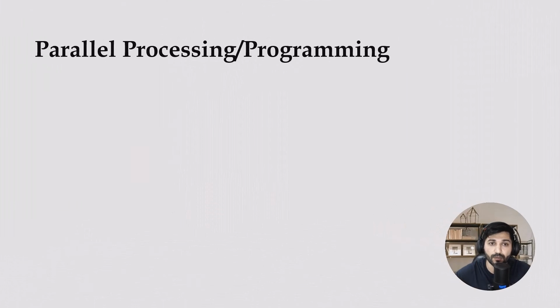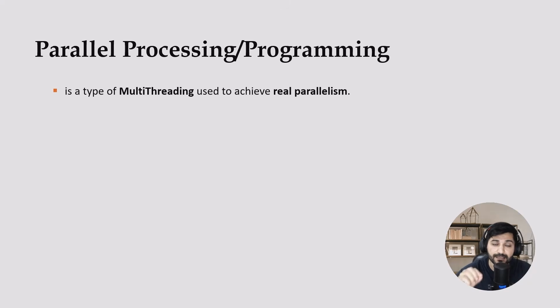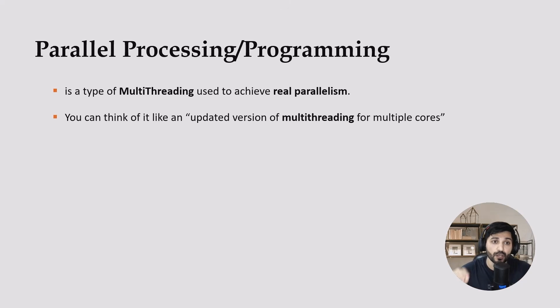Okay, now it is time to talk about parallel processing. Parallel processing is actually parallel programming. It is a type of multithreading used to achieve real parallelism. As we mentioned before, in multithreading, we have the fake parallelism, but using parallel processing, it is possible for us to achieve real parallelism. Okay, we can think about parallel processing like an updated version of multithreading. Actually, you can call parallel processing a type of multithreading,